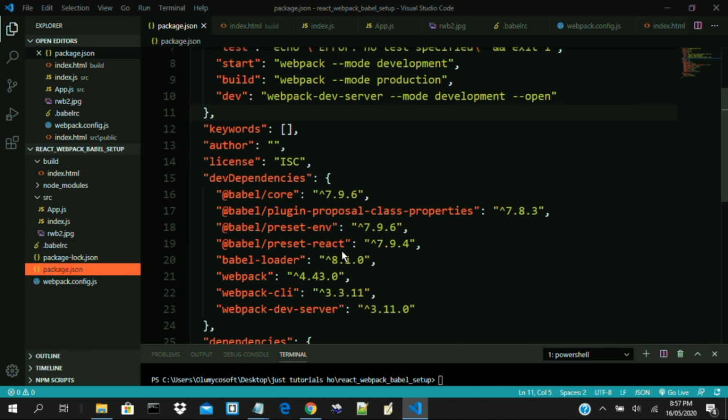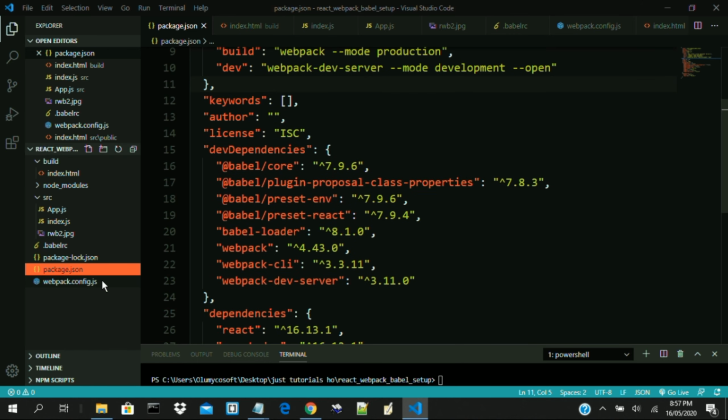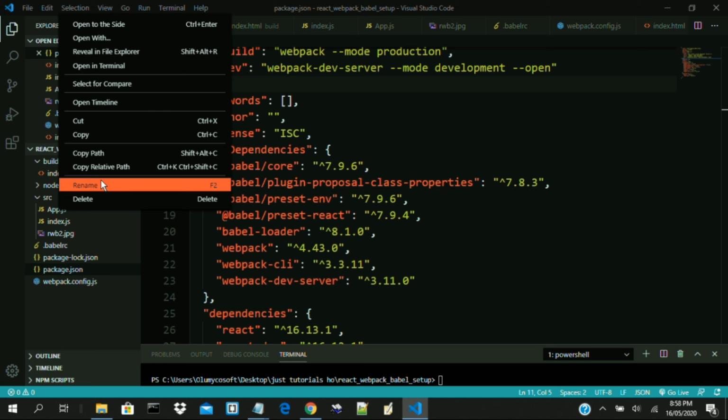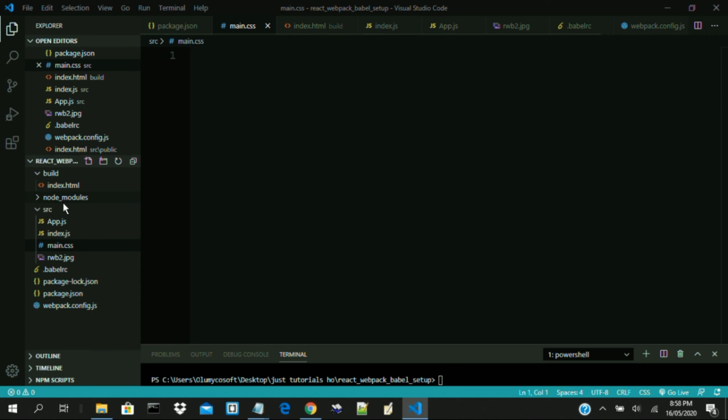Going back to our package.json, I believe we are still much familiar with this. We installed all these dependencies, and then we configured Webpack, and we started our application and everything worked. So today, building on that, I'm going to create a CSS file. So let's call it main.css. So let me put button